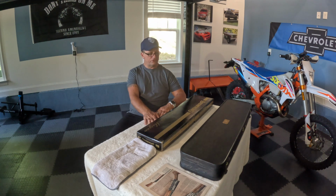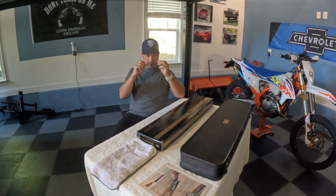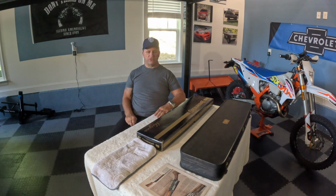His son was not a huge gun person, so decided to sell them, and he's actually one of my neighbors, or lives close by. And I actually was able to negotiate a deal and purchase these two guns from him. So that is kind of the backstory on the weapons, and I will tell you that the Browning A5 shotgun